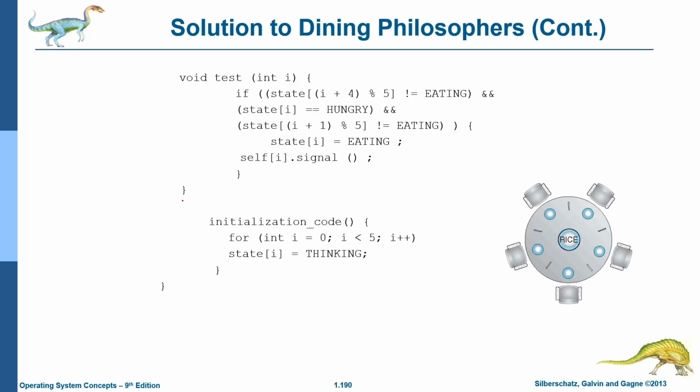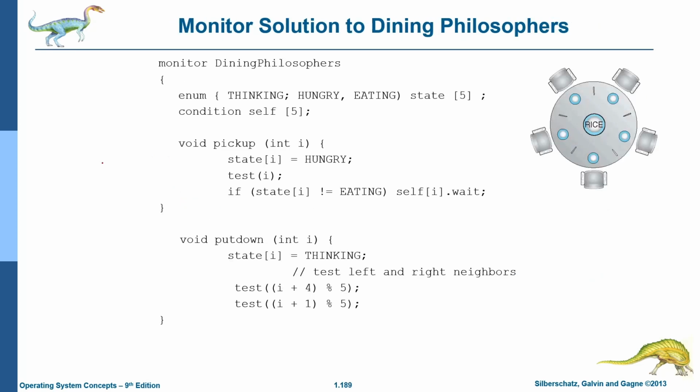ओके, चलो हम ऑलमोस्ट लास्ट 3 स्लाइड्स पे आ गए। आज इसको खत्म करते हैं, शायद खत्म हो जाए, लेकिन ये काफी आसान है। देखो थोड़ा सा सोचना पड़ेगा इसके लिए, लेकिन इतना भी मुश्किल नहीं है। जो डाइनिंग फिलोसोफर प्रॉब्लम है उसमें डेडलॉक होता था, सेमाफोर यूज करने के टाइम। सारे फिलोसोफर्स ने अपने लेफ्ट साइड के चम्मच को उठा लिया, फिर दाएं तरफ का चम्मच तो उनका है नहीं, क्योंकि उनका जो दाएं तरफ का चम्मच है वो उनके दाएं तरफ के आदमी का लेफ्ट वाला चम्मच है ना। तो फिर डेडलॉक हो गया। कोई अपना लेफ्ट वाला स्पून नीचे नहीं रखेगा और राइट वाला स्पून तो उनके पास है नहीं, तो सारे एक दूसरे के ऊपर वेट कर रहे हैं, कोई आगे नहीं बढ़ सकता।